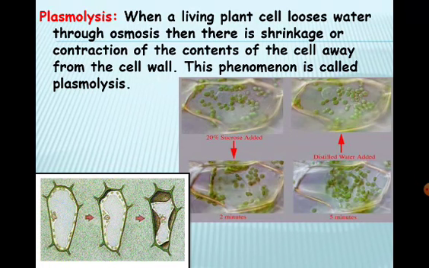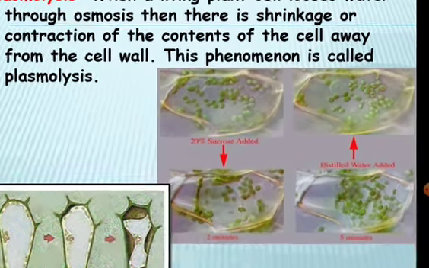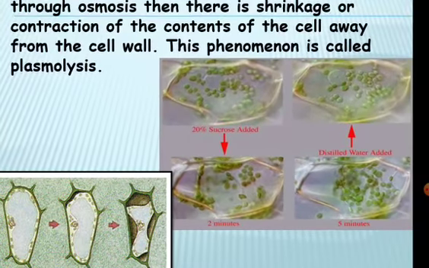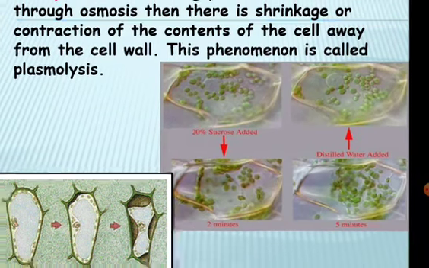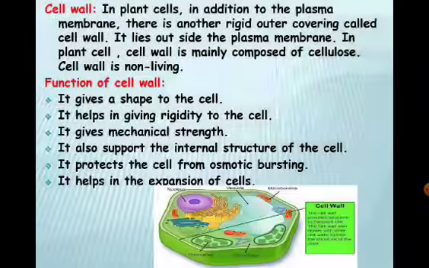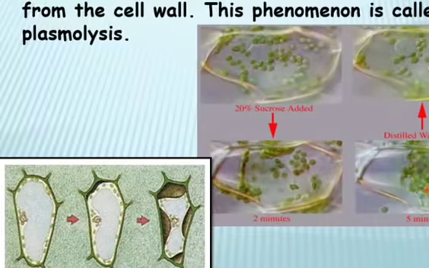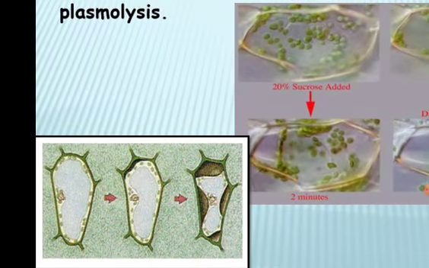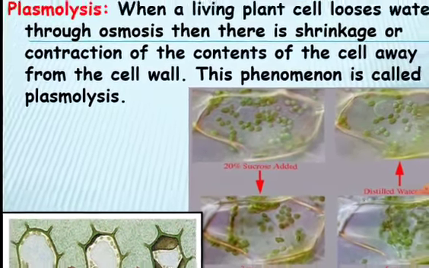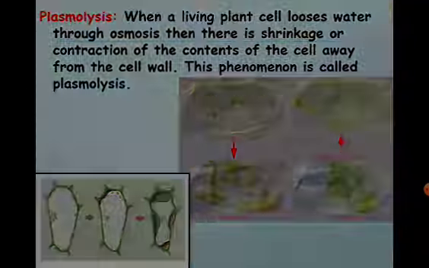So how can we know plasmolysis is occurring? Just by doing one experiment. Take 20% sucrose solution, as we have done this, and add this 20% sucrose solution to a plant cell. Okay, and wait for 2 minutes, 5 minutes, or maybe 20-30 minutes. After that you will find this kind of shrinkage. Let's say this is the content of the cell inside the cell wall, and a fluid material, and that fluid material is progressively shrinking. So this shrinking process is considered plasmolysis.